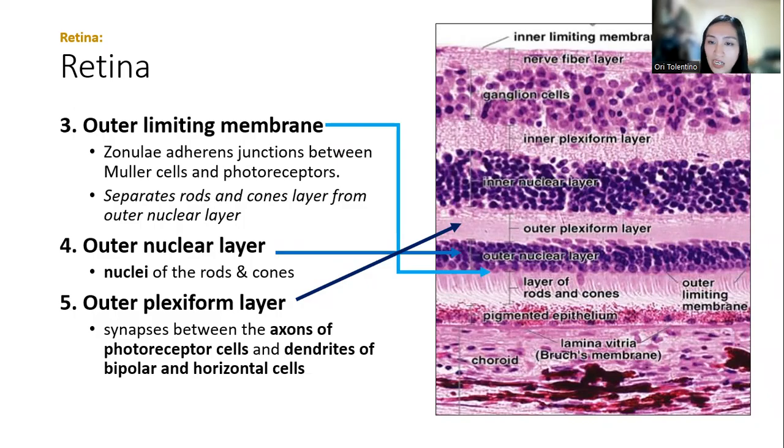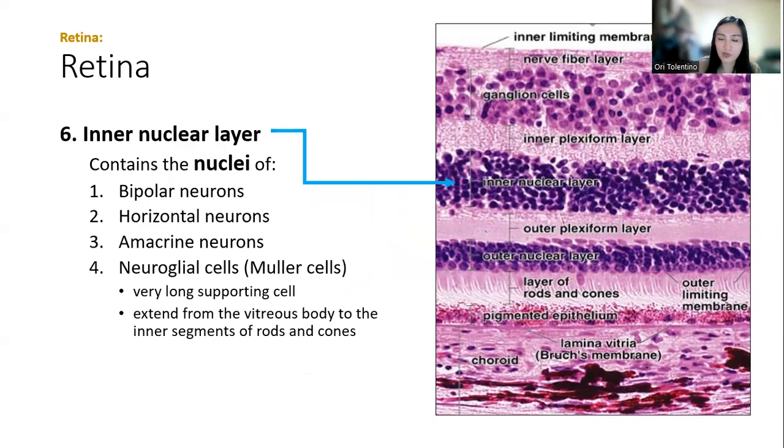After the outer nuclear layer is the outer plexiform layer, okay? It is a plexiform layer, which means it is a lighter layer with no nuclei, only synapses or connections between neurons. So it's made up of nerve fibers, axons, and dendrites, specifically the axons of the rods and cones, and the dendrites of the bipolar neurons in the next nuclear layer, the inner nuclear layer. Bipolar neuron dendrites connect to the rods and cones axons at the outer plexiform layer.